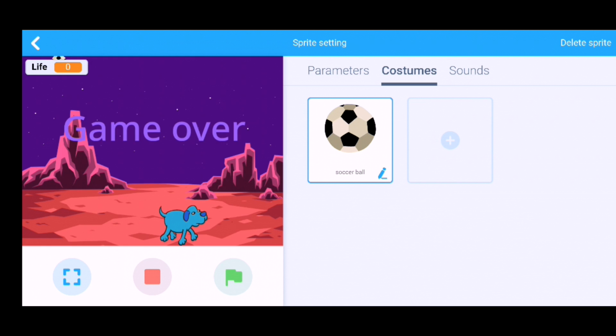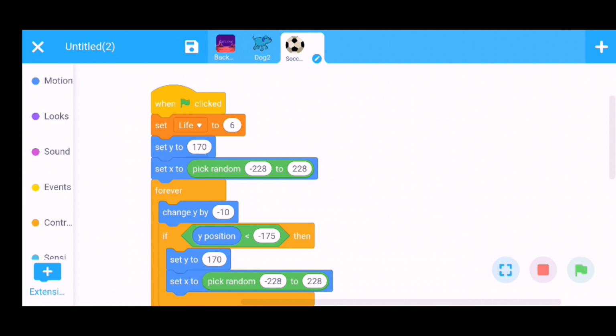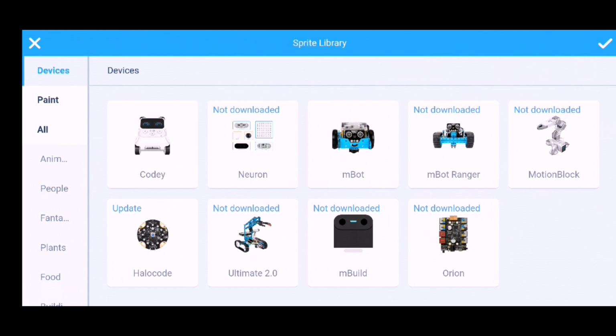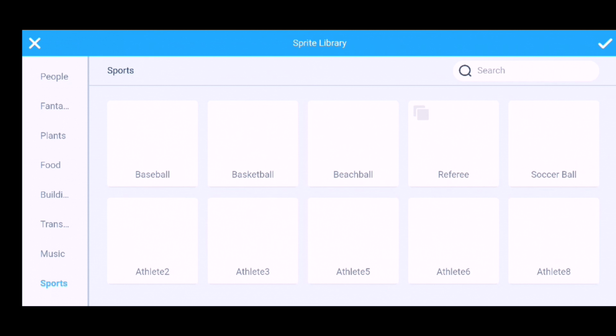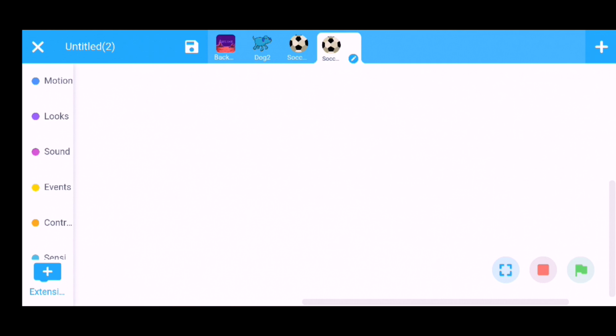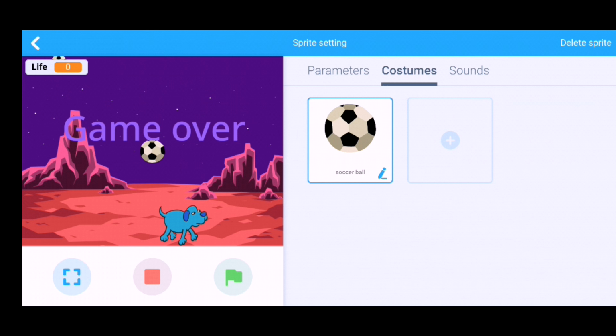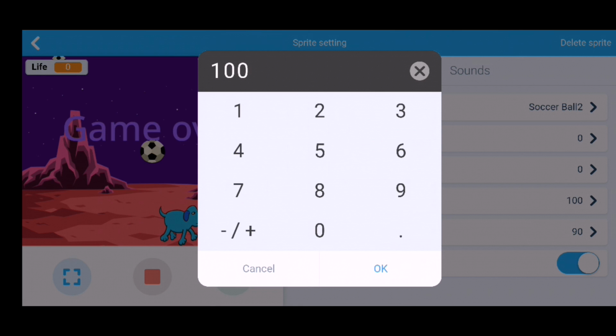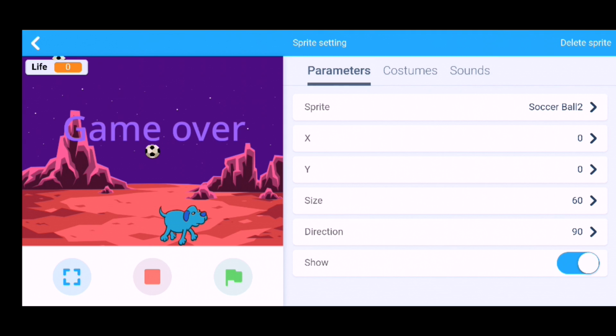Game over. Here the number of balls is very few. To increase the number of balls, click on this plus sign. Again go to the sports section, add a ball as a sprite, decide their size, same 60.